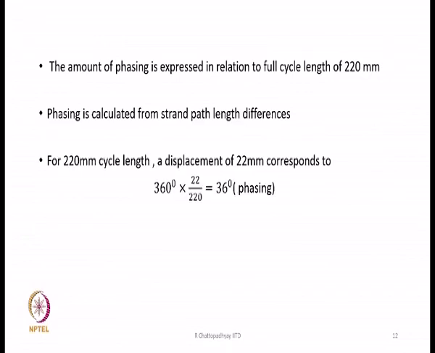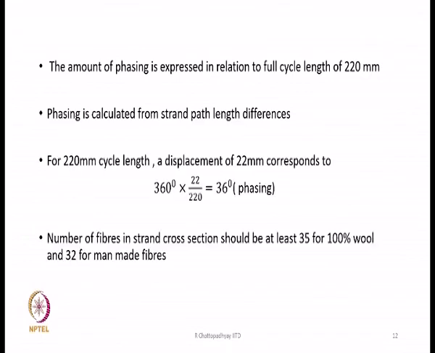The amount of phasing is expressed in relation to the full cycle length, which is 220 mm. Phasing is calculated from the strand path length differences. For a 220 millimeter cycle length, a displacement of 22 millimeter will mean 36 degree phasing. One complete cycle length is equivalent to 360 degrees,